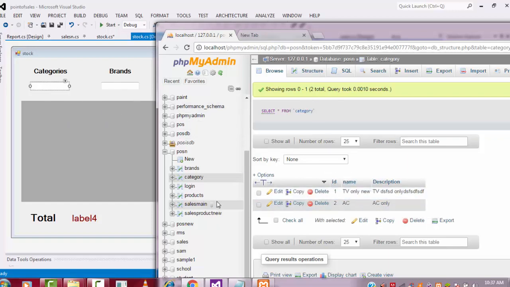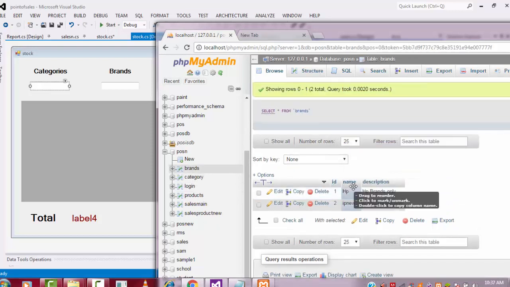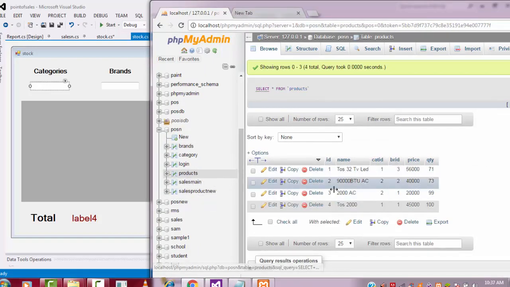Other than that, if you click brand, you can notice the brand names available here. Two brand names are available. Now if you click product, these are the product names available.